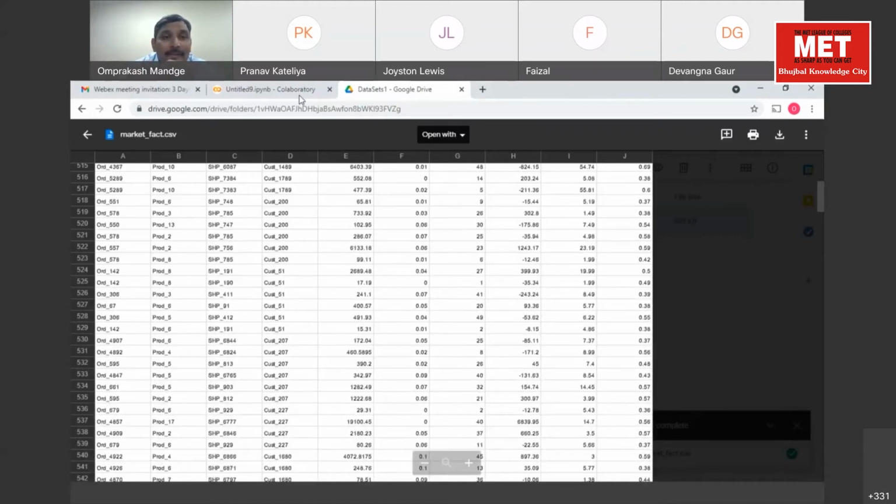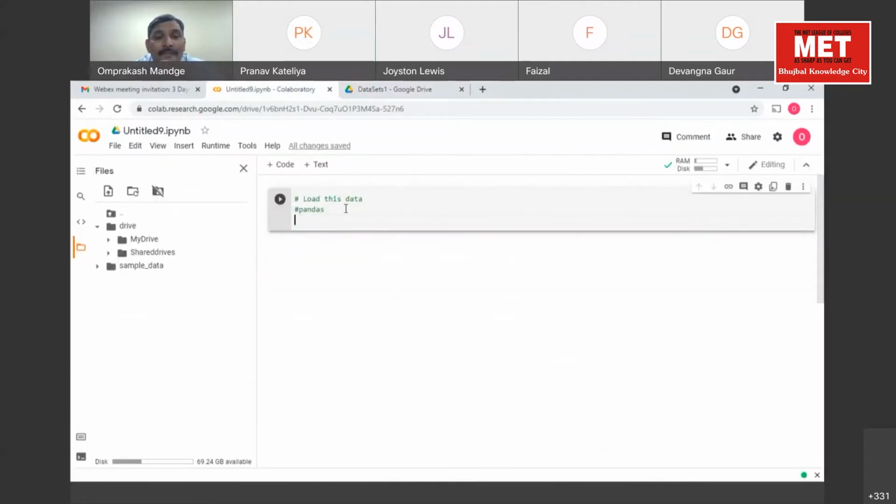A data frame consists of columns and rows. The columns are provided with a set of names and rows are numbered starting with 0. First of all, we will load this Excel or CSV file into Python, and to load it we'll be using the CSV function.